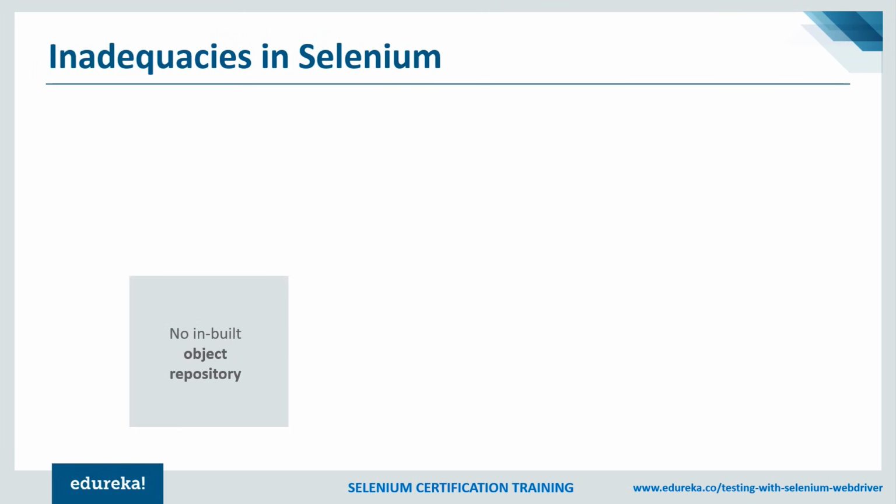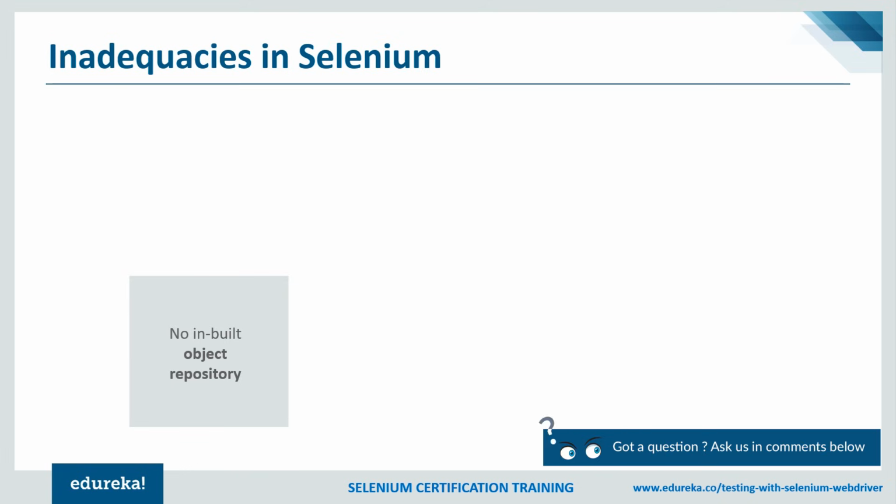So first one out here is object repository. Selenium does not have an inbuilt object repository, and that's an inadequacy. So, okay, if not technically, just what does the English phrase object repository mean? Just the English phrase, if not technically. Okay, so here Archana says that object repository is a primary storage where you can store and access information related to objects. Fair enough. And Priyaj also responds saying it is a common collection for all the objects. Fair enough, both are equally right.